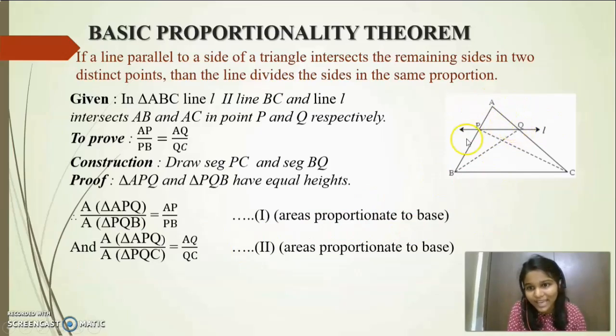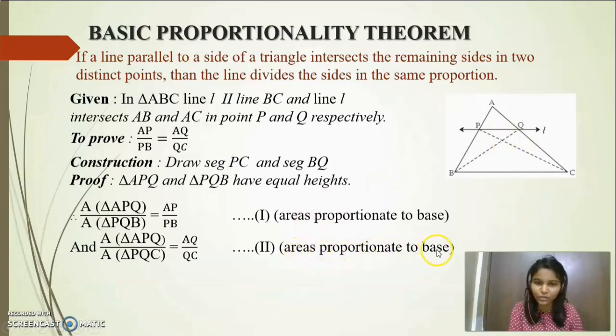For triangle APQ and QPC, both these triangles have a common vertex P, and their bases AQ and QC are lying on the same line. Therefore their heights will be the same. Therefore the ratio of the areas of these two triangles will be equal to their corresponding bases, and the reason will be